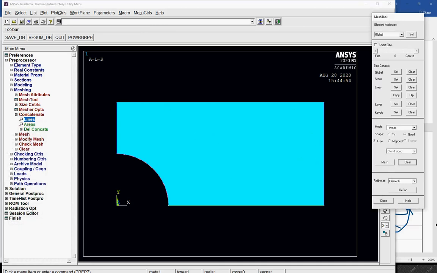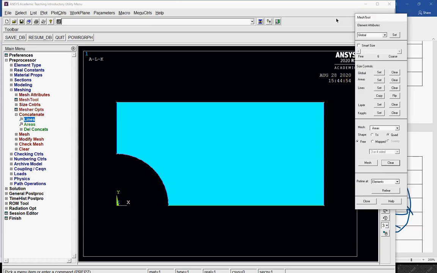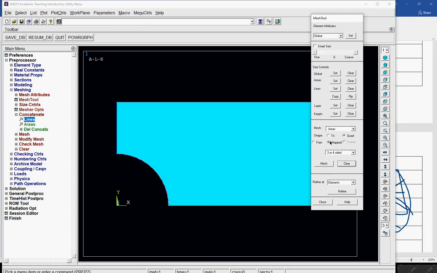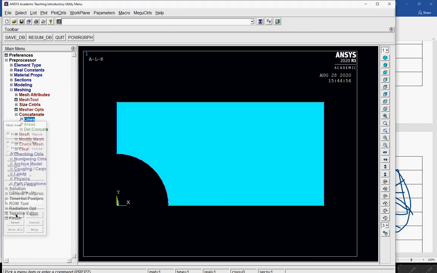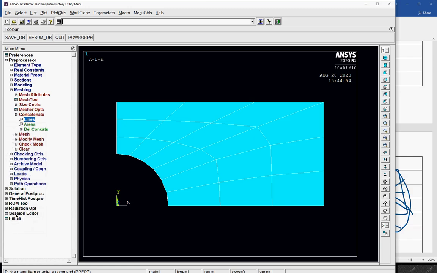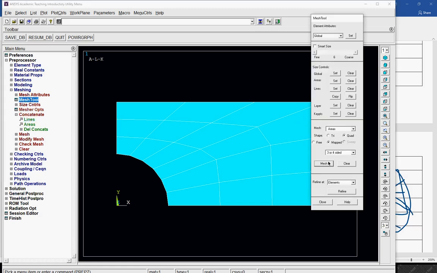Okay, fine. So now what I do, I select here, this is the mesh tool, there is an option called map. So I concatenated that, I selected this map mesh, picked this and OK. So now I got the behavior which I am going to have, I'm just trying to predict that with the help of this.